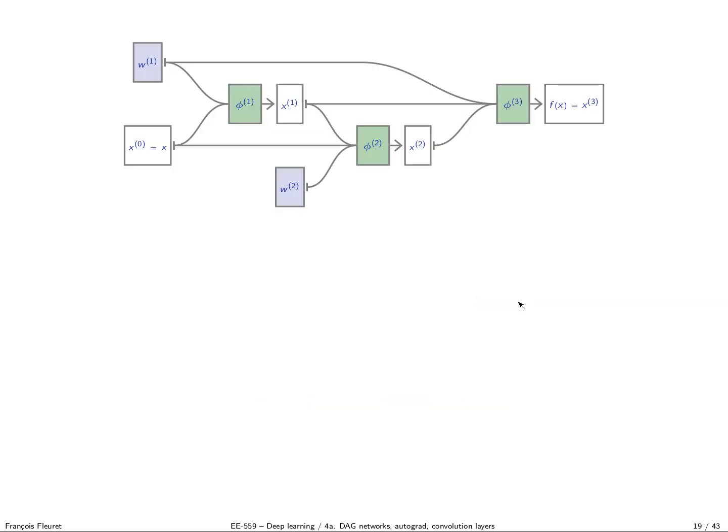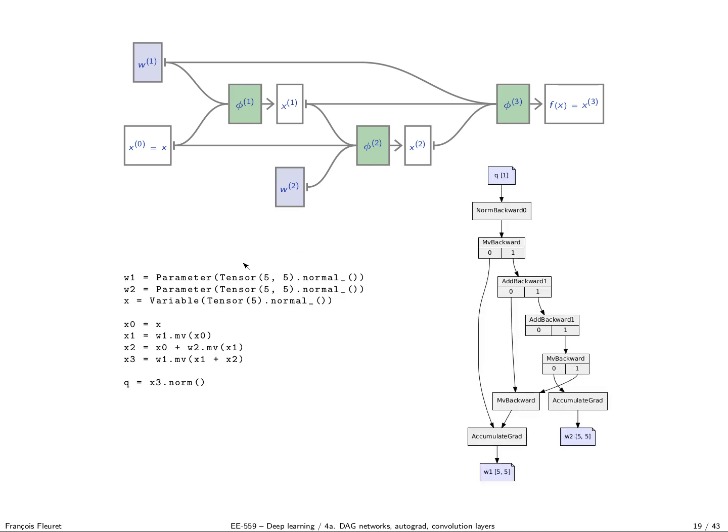So if we go back to our little example, remember we did this. This is what the graph would look like. I computed a Q at the end, which is the norm, and then it points towards MV backward, which is matrix vector multiplication, which points toward add, which points toward another add, etc. So you can find here reasonably what the operations done were, and we see that in the end, when we compute this graph, we will end up accumulating stuff in the parameters.